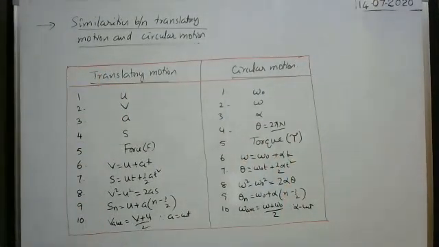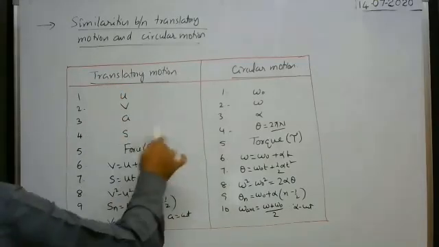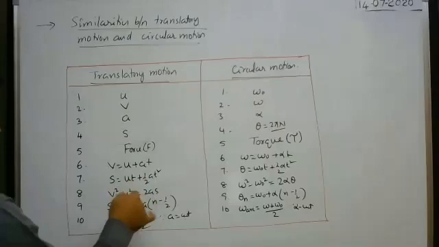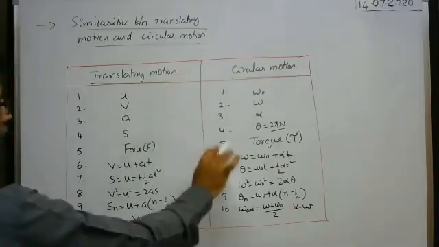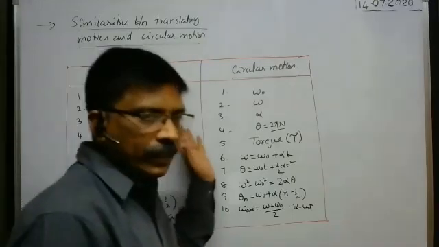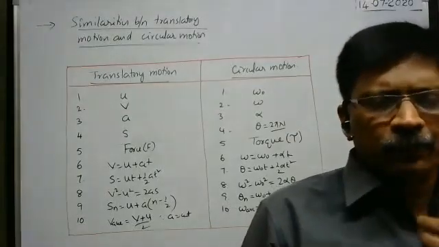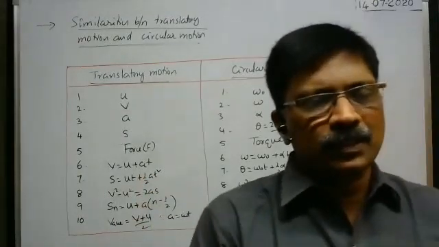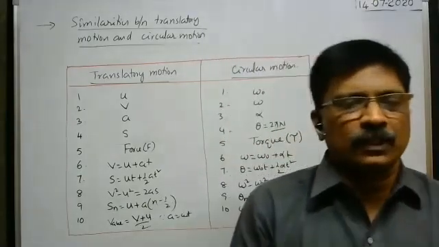Already you know all these formulas, so we can write the similar terms in these equations, then those become equations of motion in circular motion. Actually, one more formula is also there. Instead of mass, in circular motion the moment of inertia term is there. Of course, that is not in the circular motion syllabus. In rotative motion, that point is there. At that time, I will explain that one also.